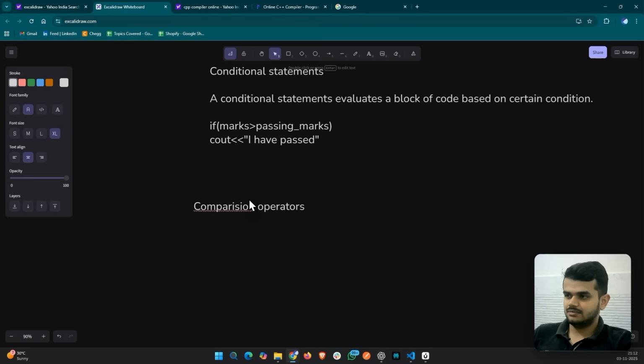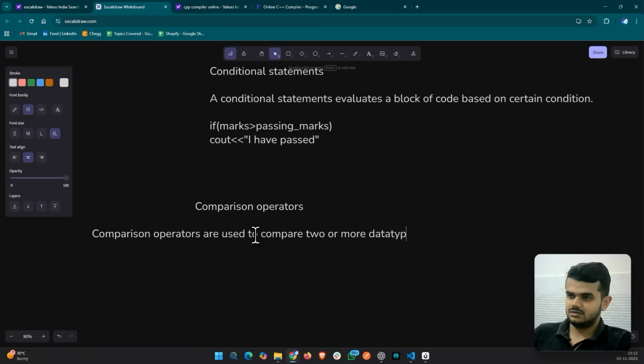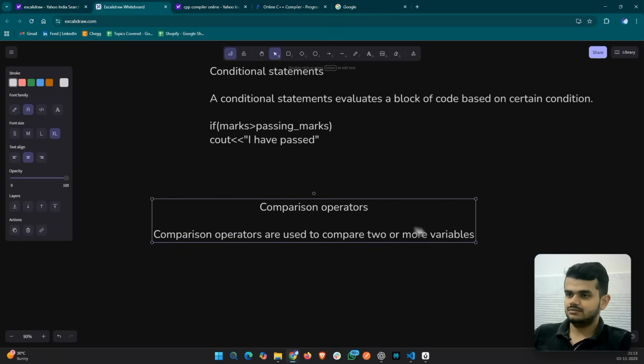As the name suggests, comparison operators are used to compare two or more data types, I could say variables, right? For example,